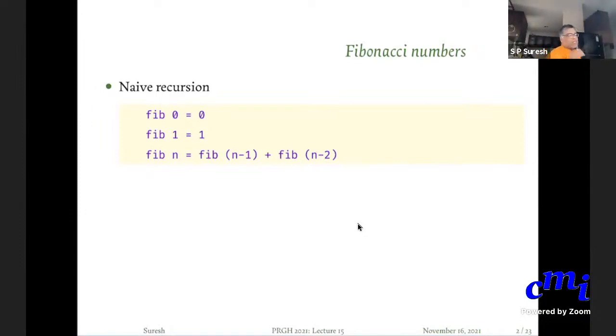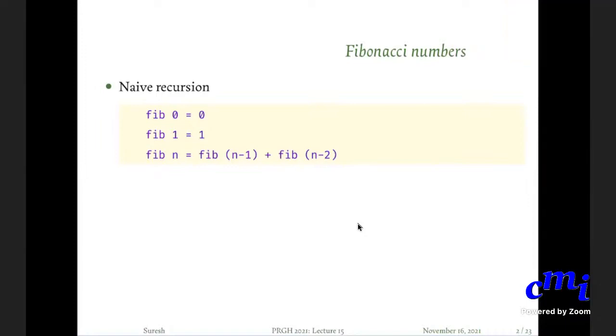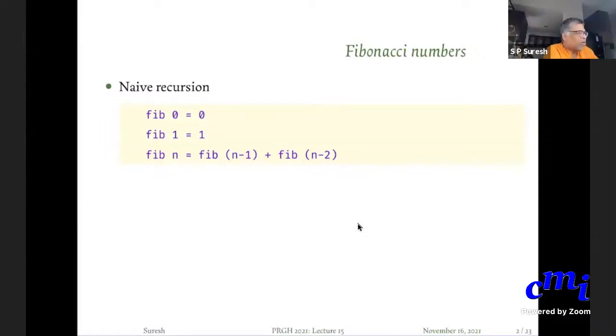So let us consider the first example, namely the Fibonacci numbers. Every one of you is familiar with the Fibonacci numbers, right? They should actually be called Pingala numbers or some such, because it is there in Chandas Shastra. These same numbers appear there. But anyway, popularly they are called Fibonacci numbers. And the definition is that fib 0 is 0, fib 1 is 1, and fib n is fib of n minus 1 plus fib of n minus 2. So let's try to program this.